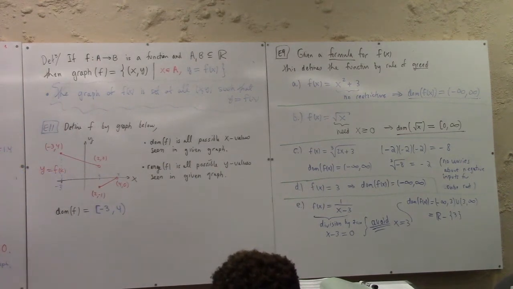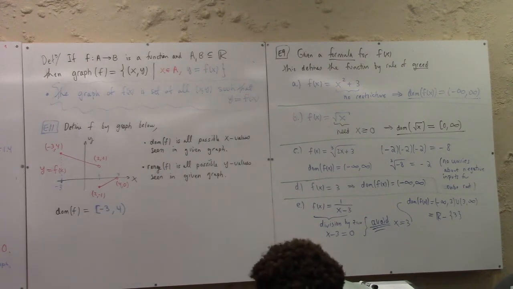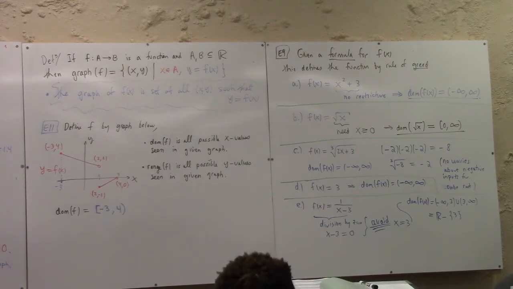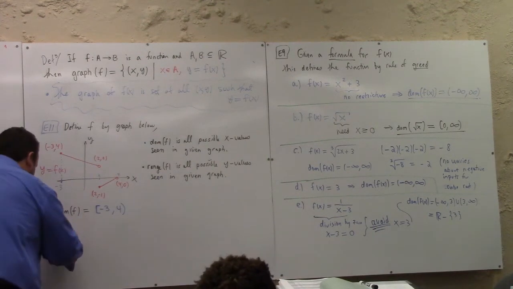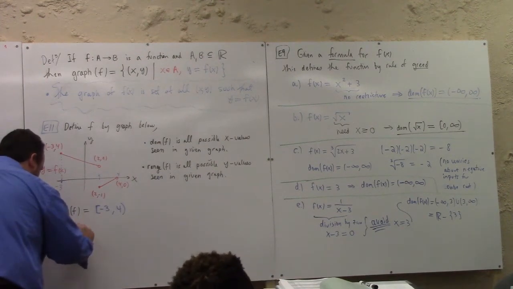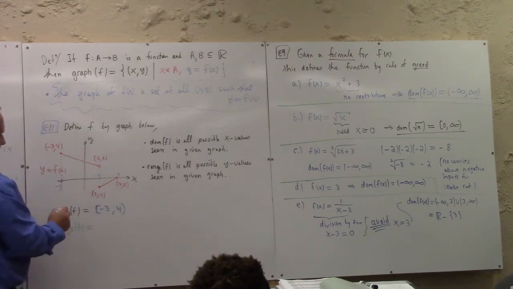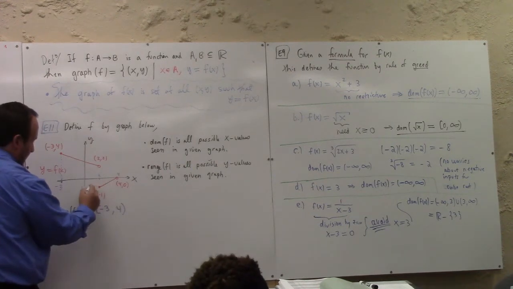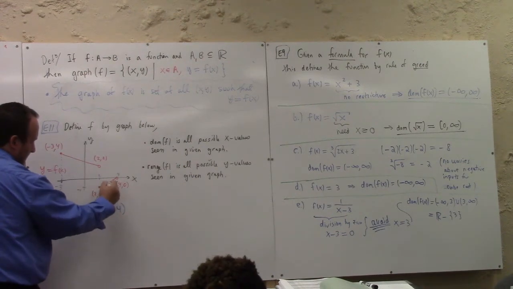Now if that middle dot was not filled in, I'd also have to remove the point 2 from the domain. All right? What's the range? I heard negative, so you're like, it goes from -1, right, there, and its output all the way up here